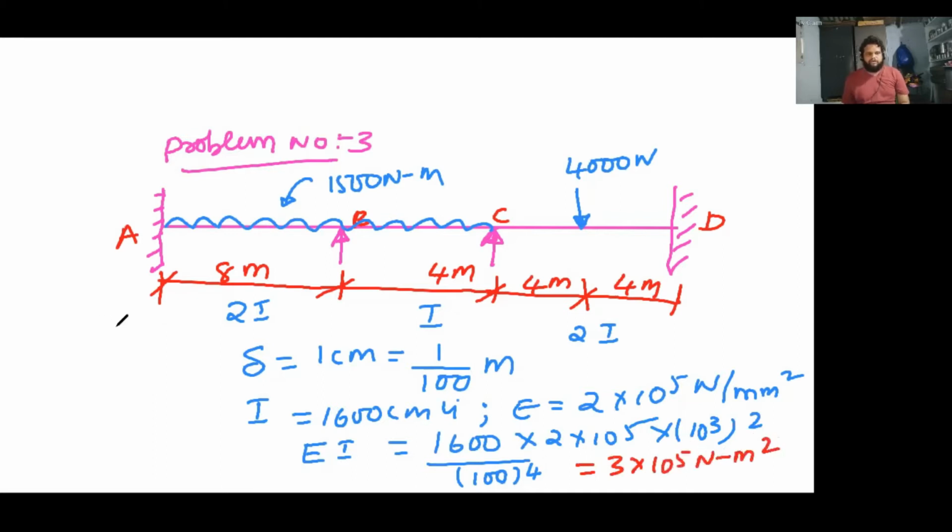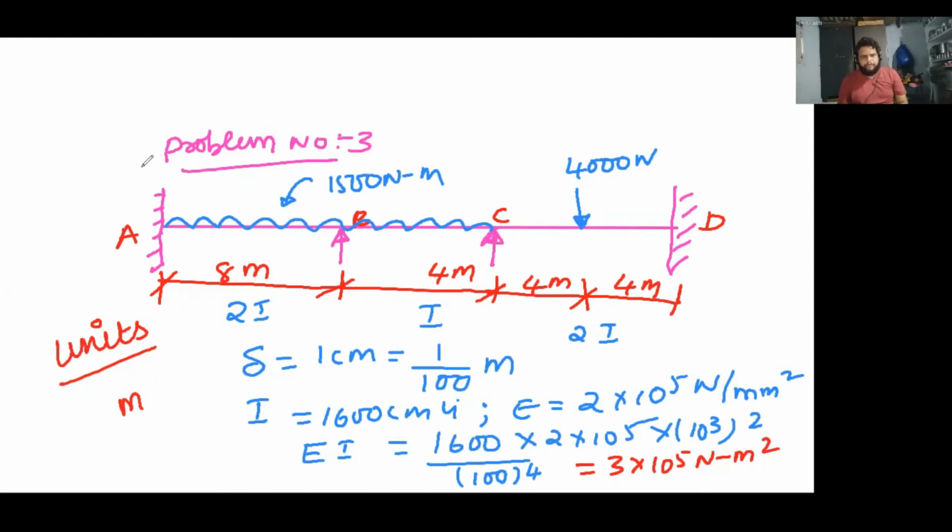So you have to be very careful with units. In the question they may give you in mm, they may give you in centimeters. Finally you have to convert into either meters, mm, newtons, or kilonewtons. You have to maintain the consistency of the units. So this is about the question that is given. Now coming back to our previous lectures, everything is the same.